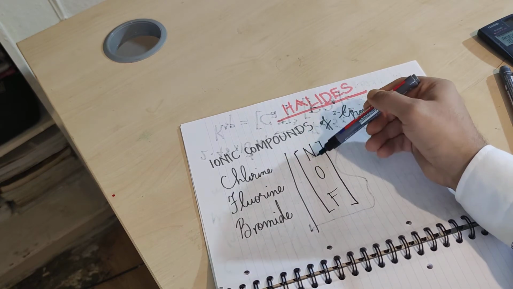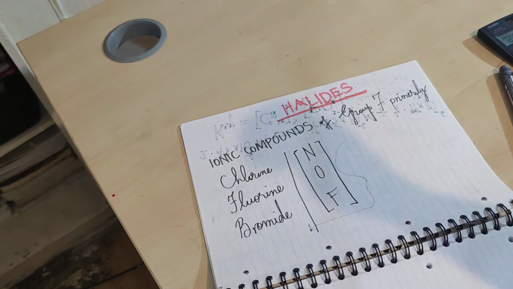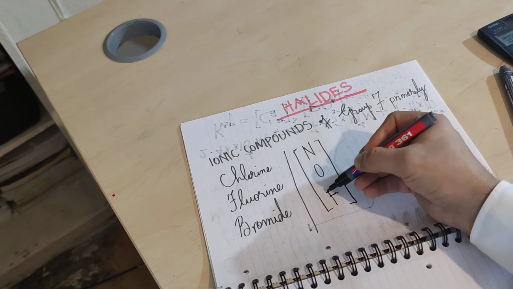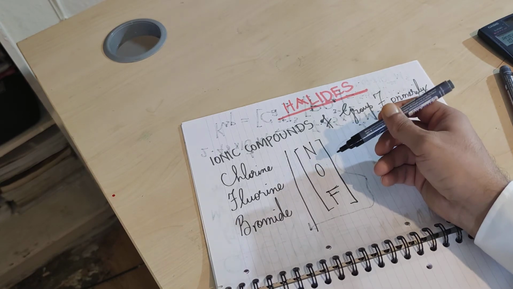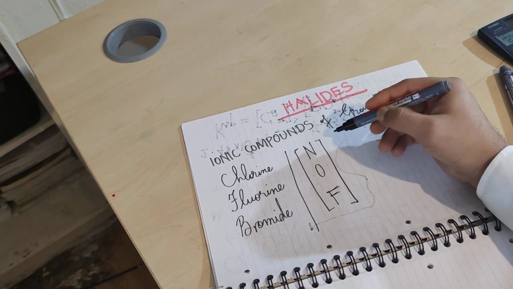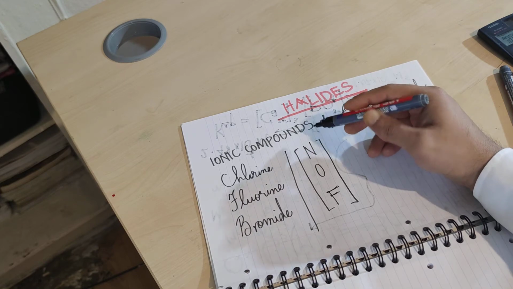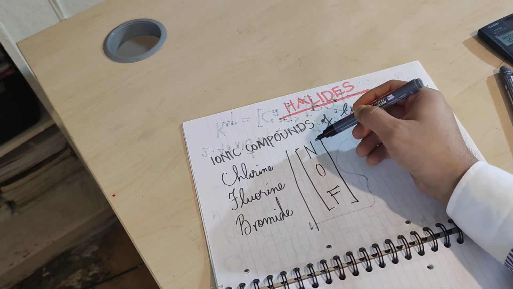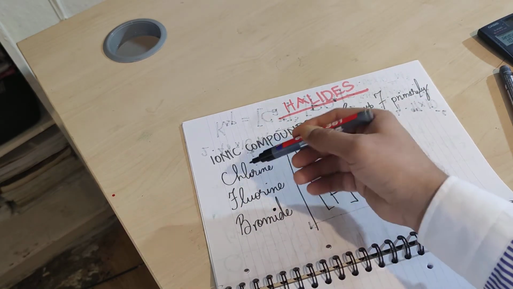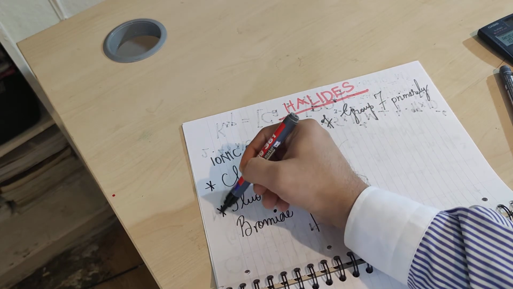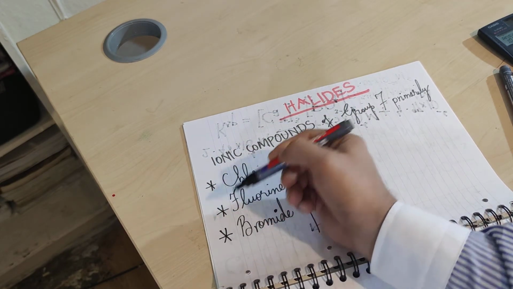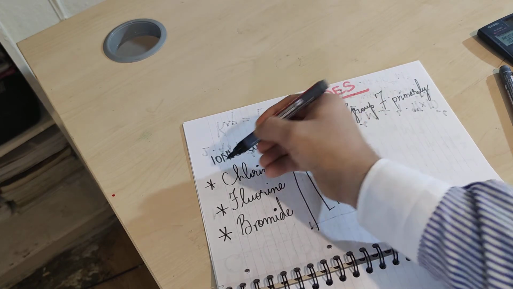The NOF thing that's used as a symbol of electronegativity is used in the chapter of periodicity and organic chemistry. So they should not be confused with that. NOF species are different. It's used in a different context. So we are here talking about chlorine, fluorine, bromine,